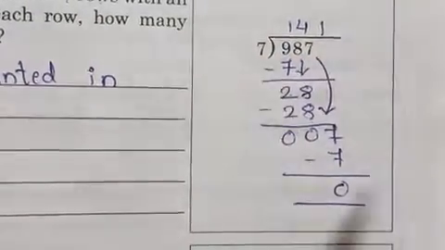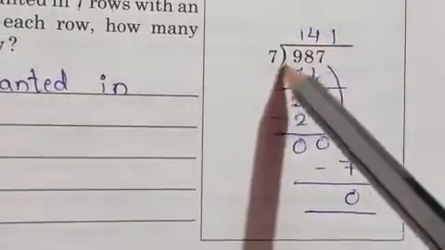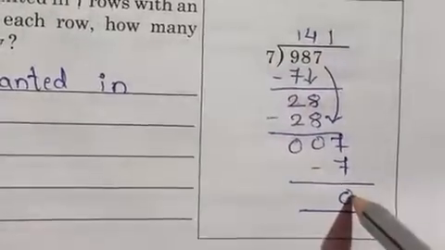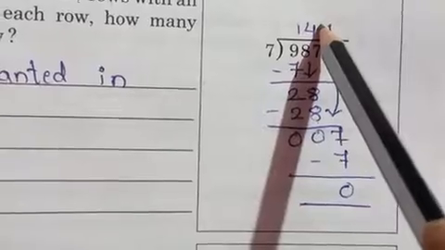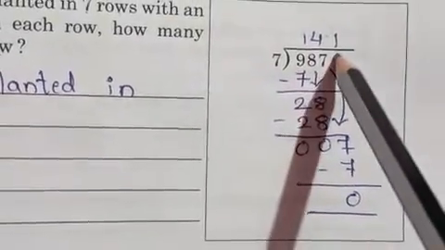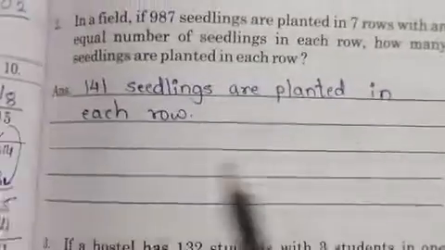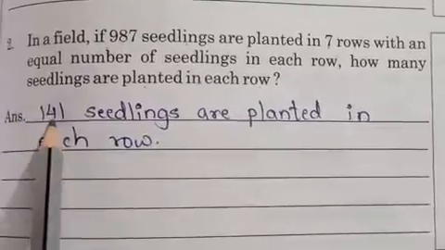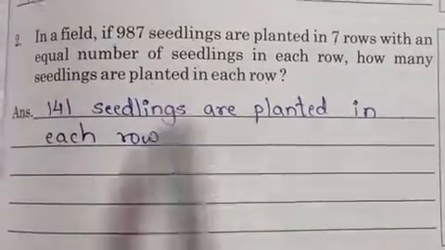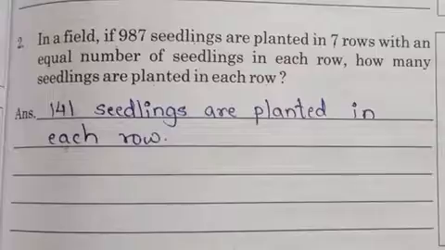987 divided by 7. Okay, so after doing the division you will get the answer. Remainder is 0, quotient is 141. So एक रो में कितना seedlings है? 141. So therefore there are 141 seedlings planted in each row. Okay,